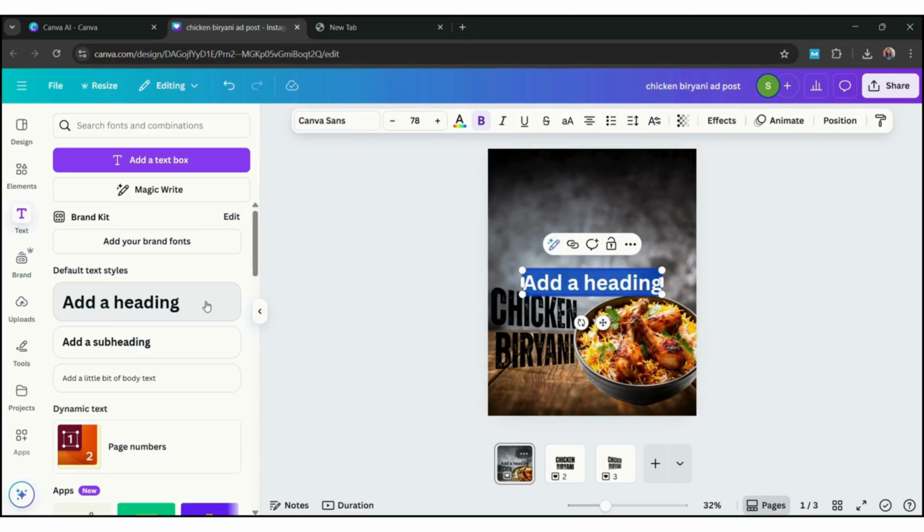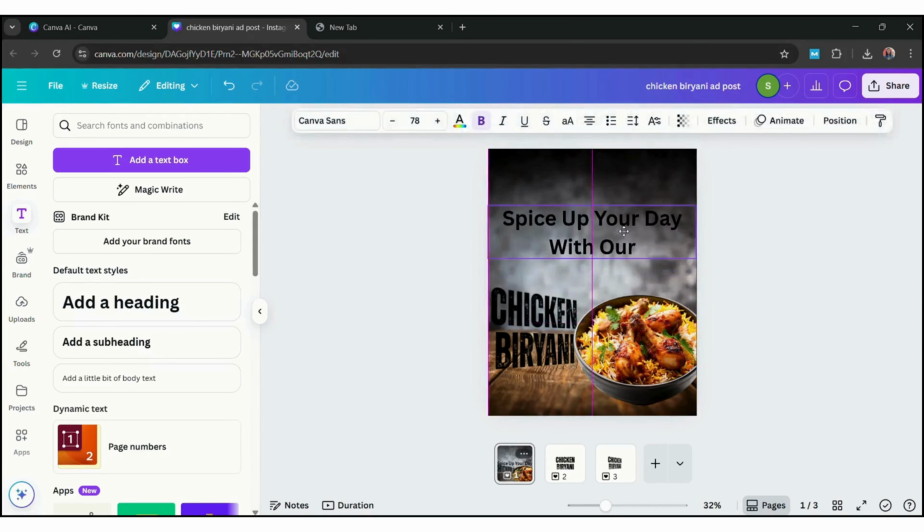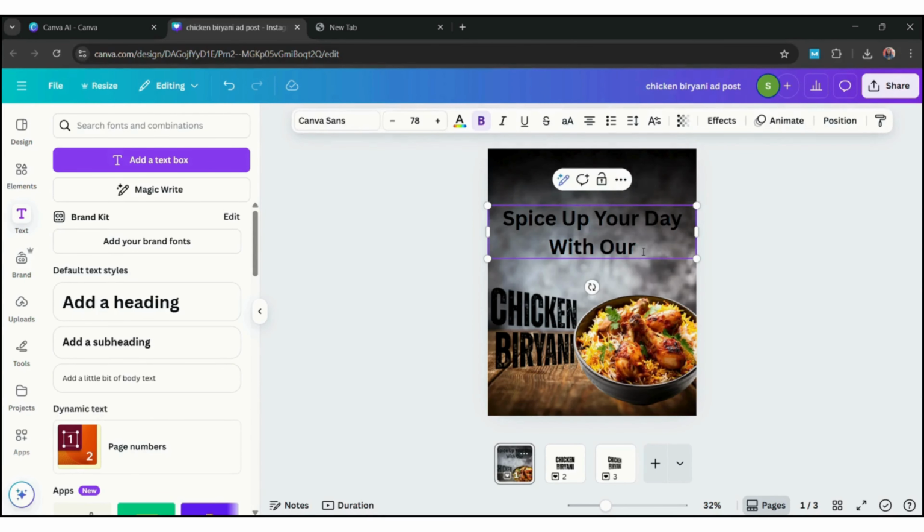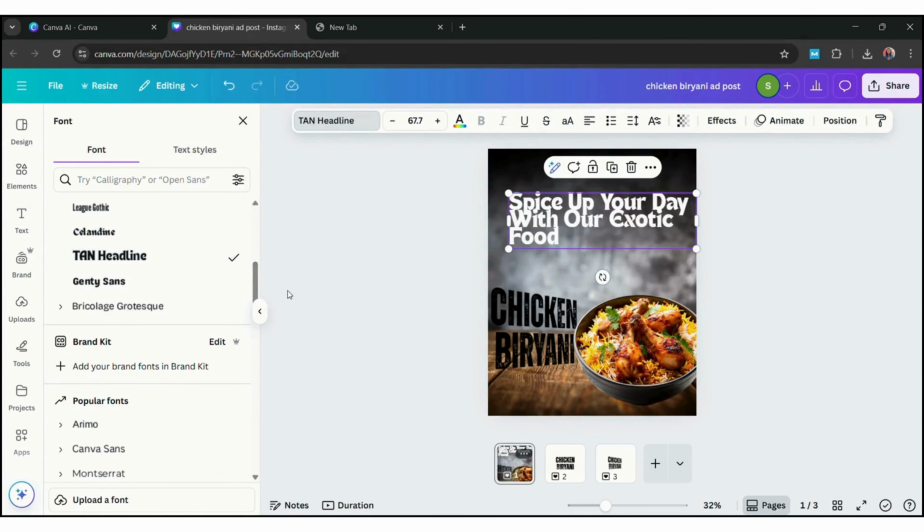Then go to the heading section and write this. I wrote this line because our biryani is spicy and salty. So